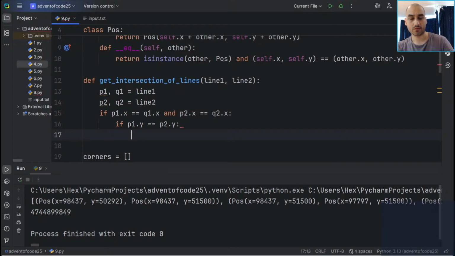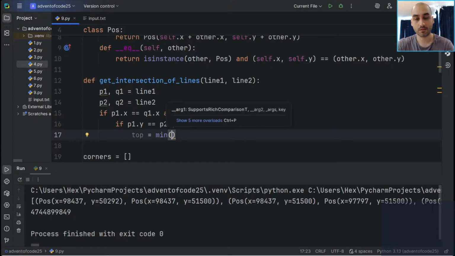So that the top of this line is going to be the minimum of P1.y,